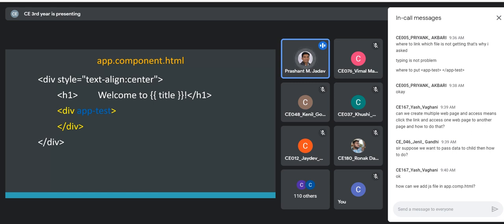And finally, there is a question: can we add a JS file in app.component? No, we can use the TypeScript file. All the JavaScript code that you want to write, you can write within the TypeScript file. App component is nothing but a TypeScript file, which will finally be converted to a JavaScript file. Normally within our web page, we have JavaScript, HTML and CSS. Now the JavaScript we are writing as TypeScript within our app component file. In the next lecture, we'll see an example of writing more JavaScript code within our app.component.ts file.